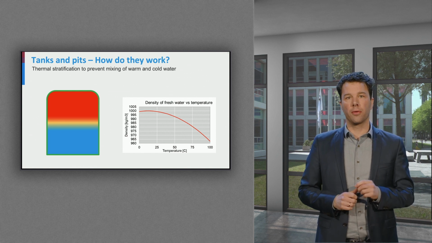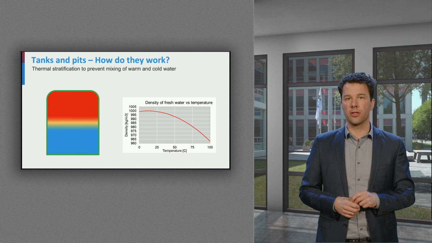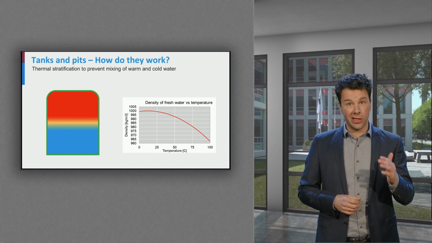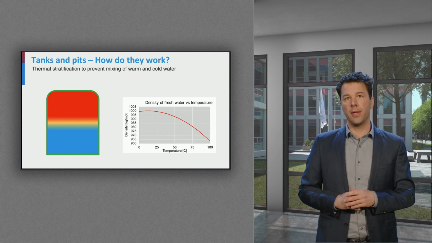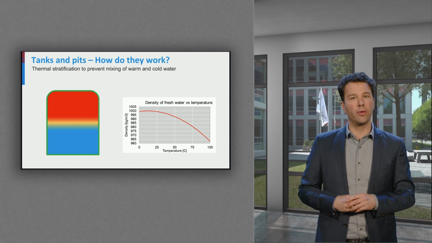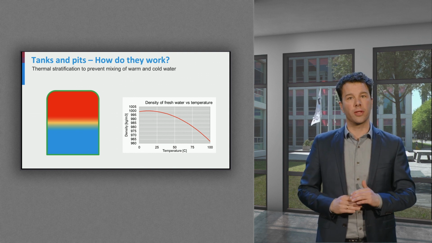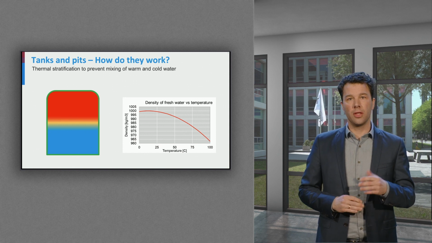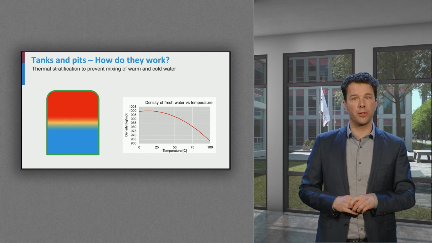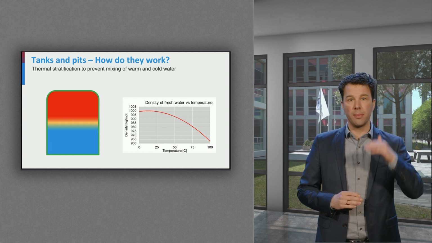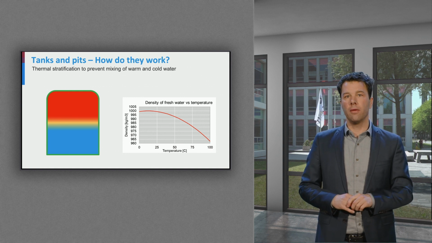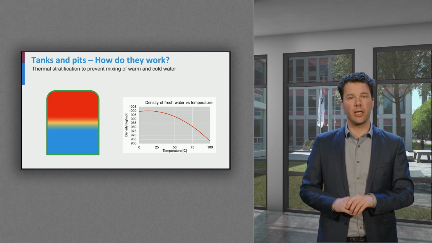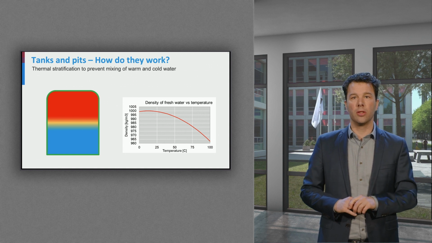Another important feature of tanks and pits is thermal stratification. During charging and discharging, the hydrodynamics inside the tanks or pits cause mixing and exergy loss. To prevent this from happening, inflow and outflow points at the top and the bottom are used to promote the thermal stratification. Due to the dependency of water density on temperature, the hot water with lower density remains in the top part of the tank and the colder, denser water at the bottom. The inflow and outflow points are often specially designed to inject and extract with little turbulence to prevent mixing.